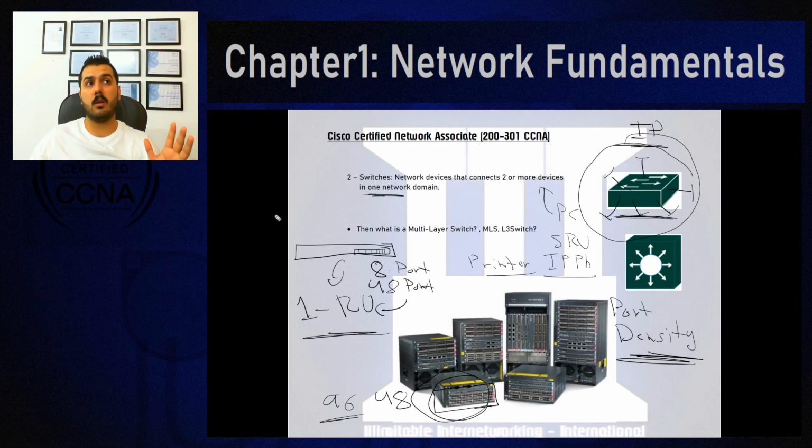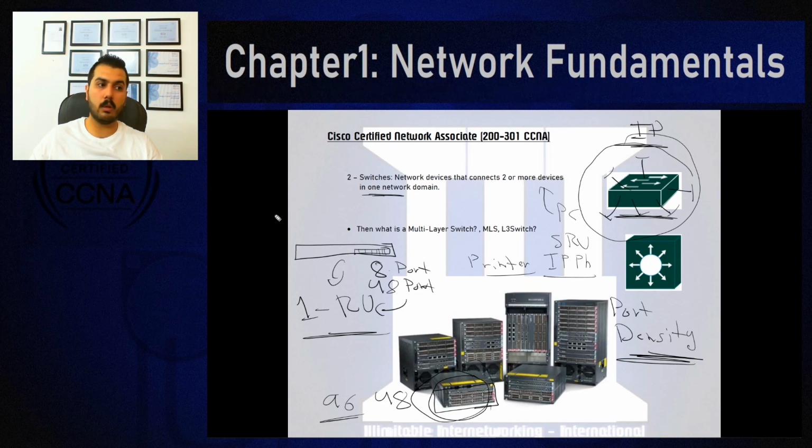That means you can have a LAN, a local area network, inside your department and have 48 PCs connected to a single switch, or 40 PCs with 4 printers and 4 servers, and also maybe IP phones. You can mix these or replace them as you would like. All of them are connected together by using only one switch. That will be enough. It will be a network. All 48 devices can talk to each other using a single switch.